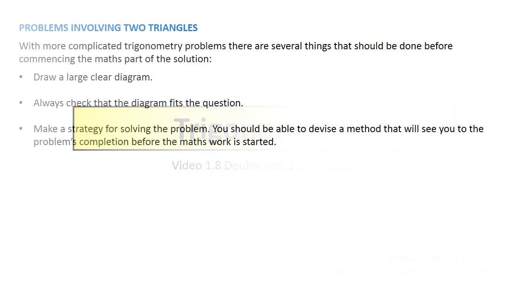In this video, we're going to do a double angle observation problem. But first, let's have a look at some tips that can be used in more complicated problems. Always draw a large, clear diagram. Always check that the diagram fits the question properly. And thirdly, make a strategy for solving the problem. You should be able to devise a method that will see you through to the problem's completion even before the